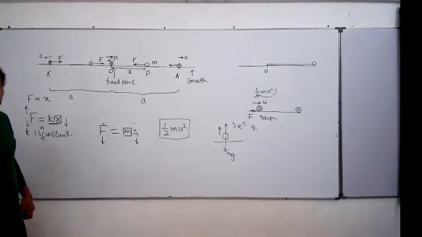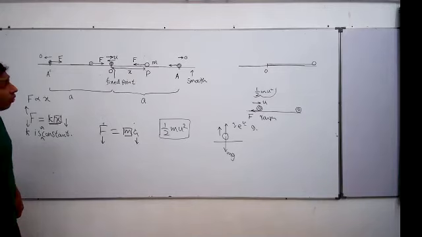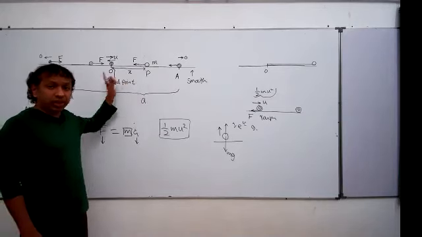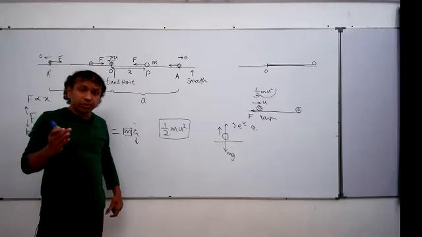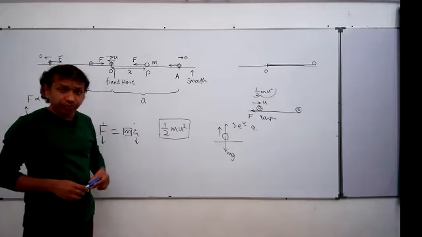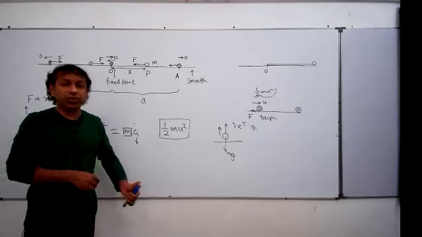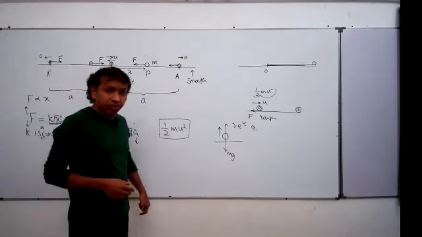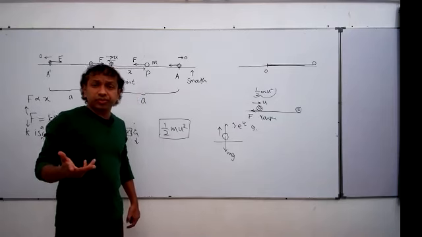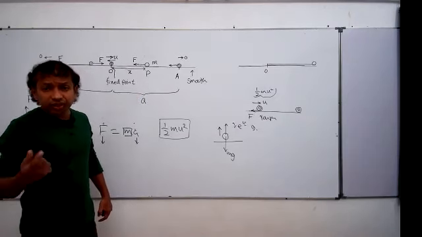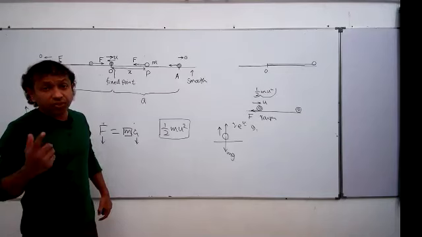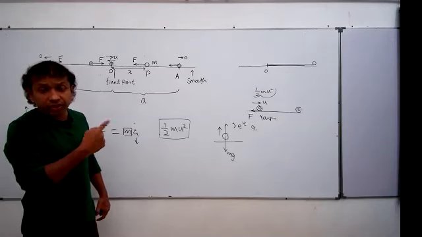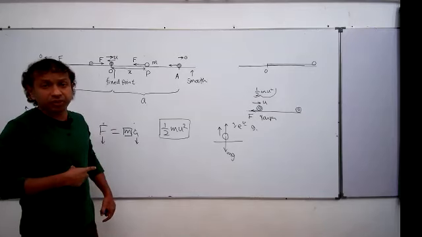And the other thing is this. You can very clearly notice, once the particle moves between this A and A dash, the particle has no constant acceleration or constant retardation. The acceleration varies, retardation varies. So therefore, for the motion of this particle, in other words, for the simple harmonic motion, you can't